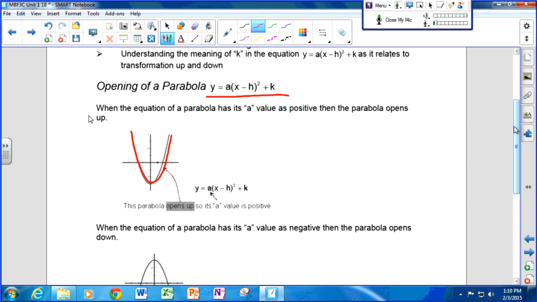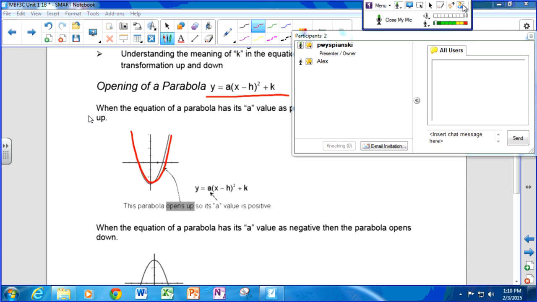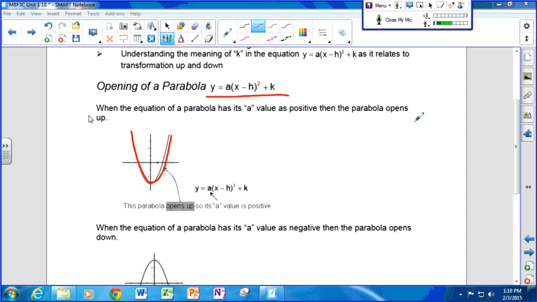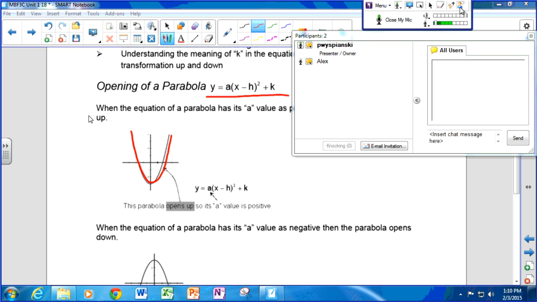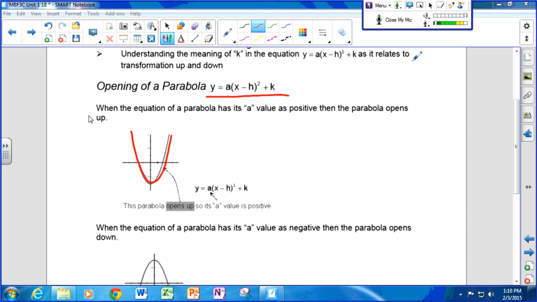Now, if you get stuck, or if I'm saying something that you're not quite understanding, you're always welcome. If you're on SmartBridge, you can just click the hand raise right here. Okay, and then there you go. That'll let me know that you want to say something, and then you can type a chat message by clicking on this little guy right here. If you just type a chat message and you don't raise your hand, I probably won't notice it because the message goes by very, very quickly. Okay. All right.